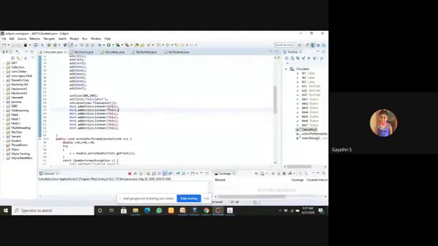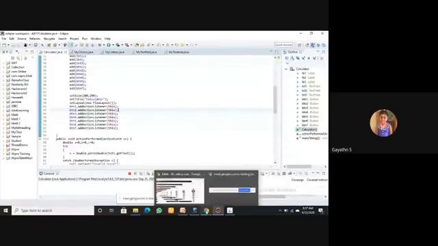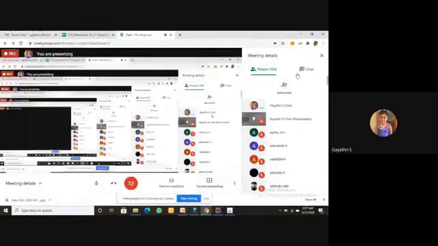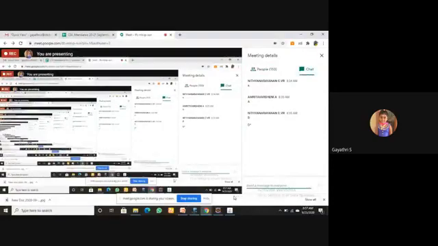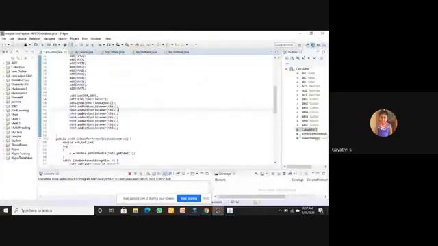So what is the purpose of this in Java? What is the purpose of the this keyword? Anyone, post in the chat box. This keyword in Java is about the object of the current class.